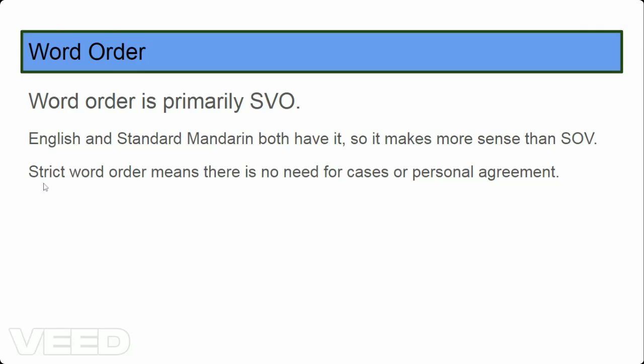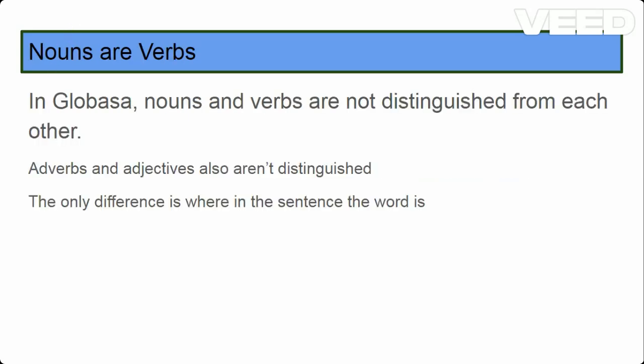Also, strict word order is an essential trait which I think all international auxiliary languages, Jesus Christ, this is the sixth time, should have, because that means there's no need for complex grammar, such as cases or personal agreement, which is again something I can criticize about Esperanto, but this is not the Esperanto episode. Moving on from Esperanto's omnipotent presence in all of conlanging and my hatred for the word auxiliary, we have probably